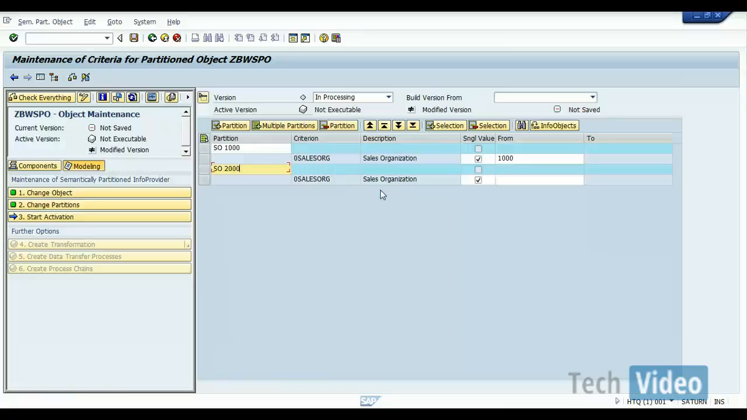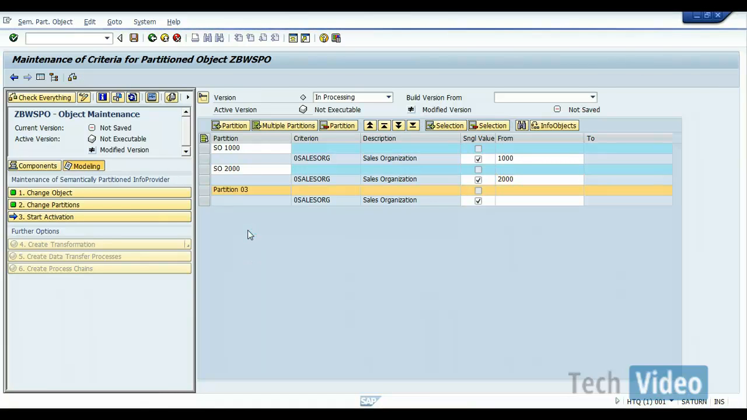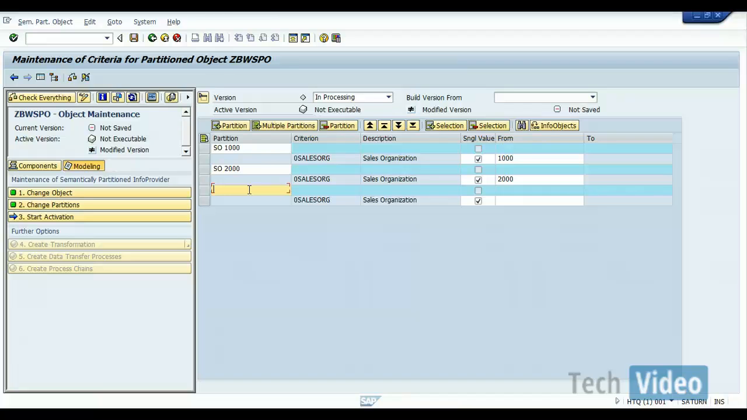Now here we have to give 2000 as value. So here we can enter. Now we need one more partition. So to add, we'll click on add partition. Then we can change the description here. We'll put SO